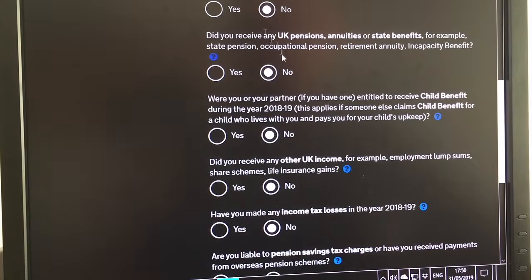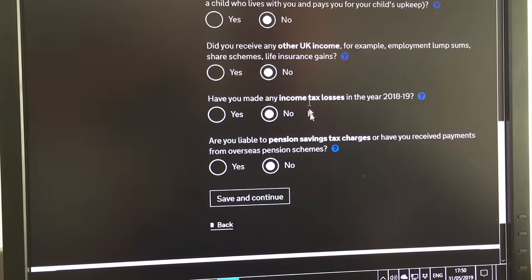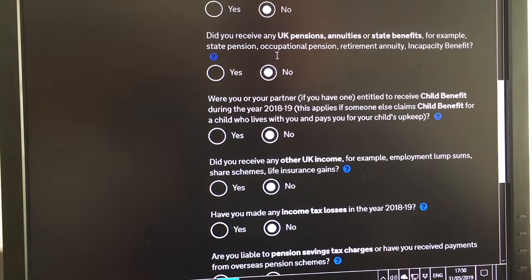Any pension income? I'm going to say no, as usual. Put in whatever applies to you. Were you or your partner entitled to receive child benefit? This is important if your income is over £50,000, or you or your partner's income is over £50,000, because you have to start paying back child benefit that you might have received. I've got another video about that if you want to look at it somewhere, but I'm going to say no